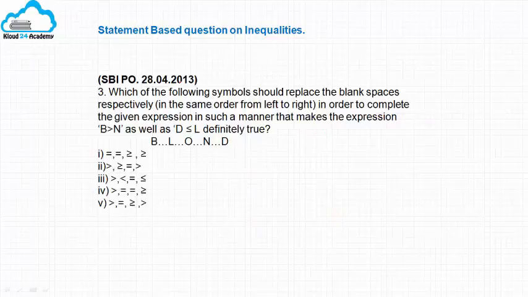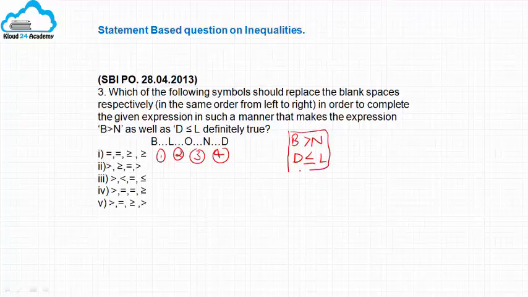This question came in the SBI PO 2013 exam. Which of the following symbols should replace the blank spaces respectively? These are the blank spaces given, 1, 2, 3 and 4, in the same order from left to right, in order to complete the given expression in such a manner that makes the expression B greater than N as well as D less than or equals to L definitely true. So I have to fill these blanks with inequality symbols and make sure these two expressions are